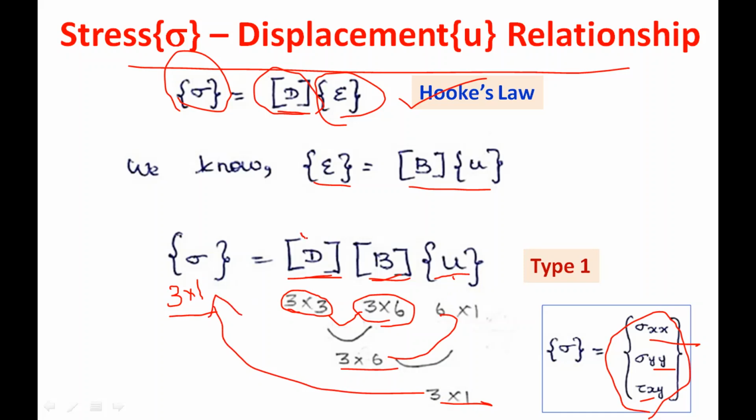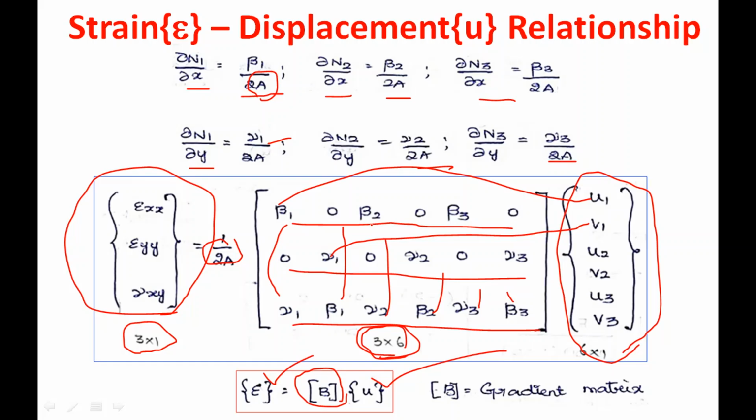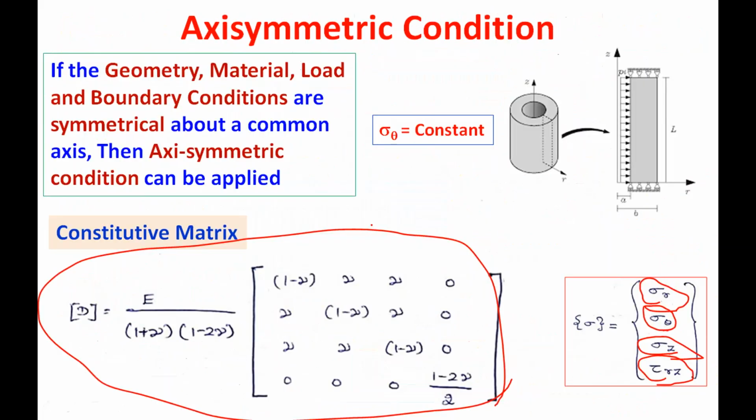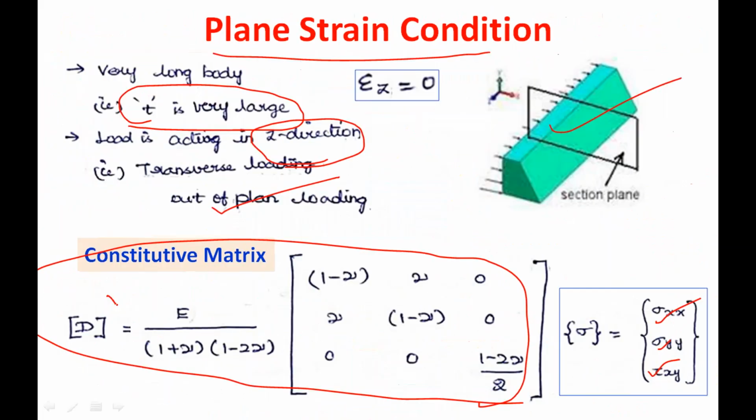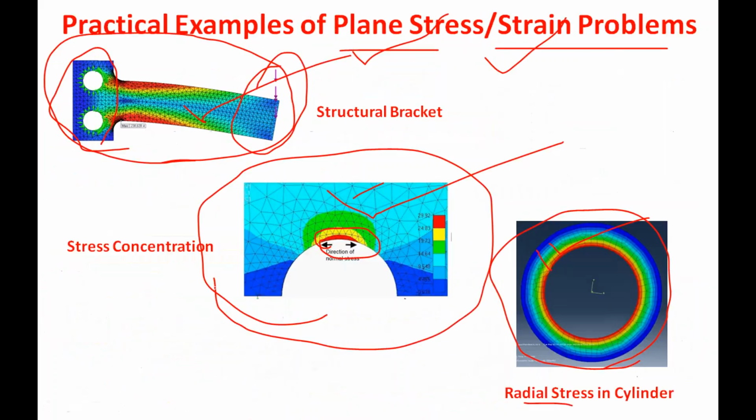How is this D matrix explained in terms of E and nu? I think you remember that. In the last part we derived this D matrix, the constitutive matrix. How is the constitutive matrix defined? By using the material properties: E is Young's modulus, nu is the Poisson ratio. For this D matrix we are using the material properties to define it. That is why in industries they call it a material matrix. D matrix is a material matrix. Now when you know the material properties we can find the D matrix.